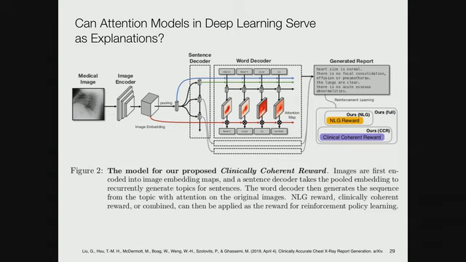But the approach they took was kind of interesting. So they take a standard image decoder, and then before the pooling layer, they take essentially an image embedding from the next to last layer of this image encoding algorithm. And then they feed that into a word decoder and word generator. And the idea is to get things that appear in the image that correspond to words that appear in the report to wind up in the same place in the embedding space.